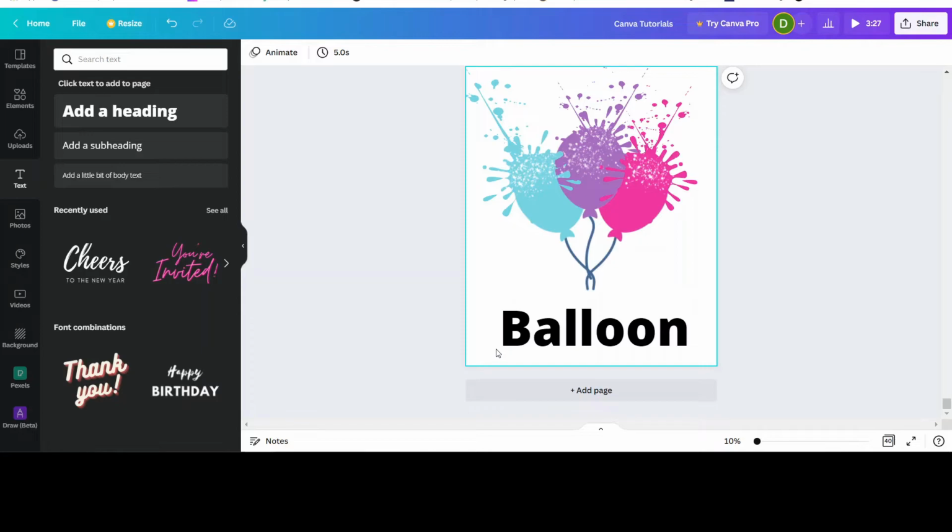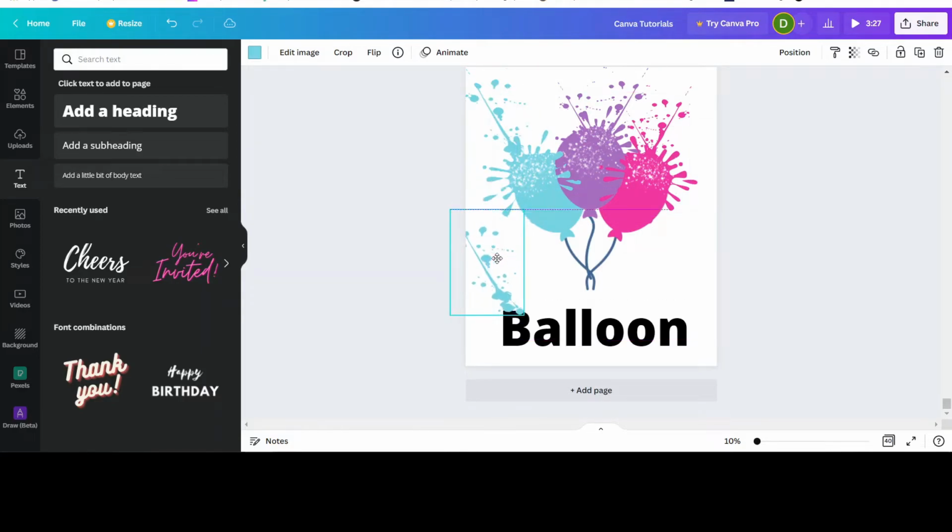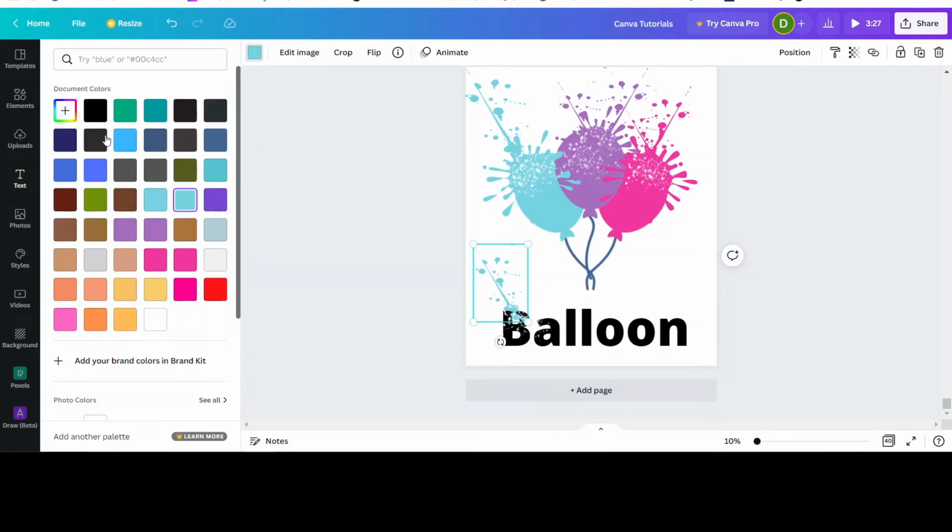Now it's the same thing. You can choose one of this, right? You duplicate it and you bring it here. Smaller maybe. And then you get the white one, duplicate it, and put it here. This one you can change the color now. It's to